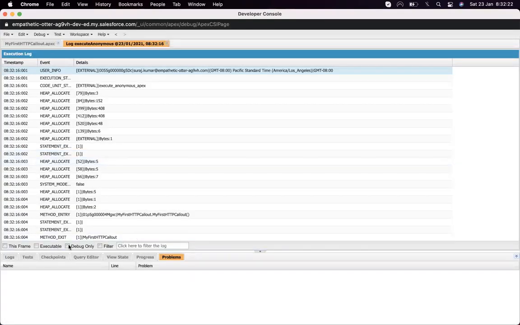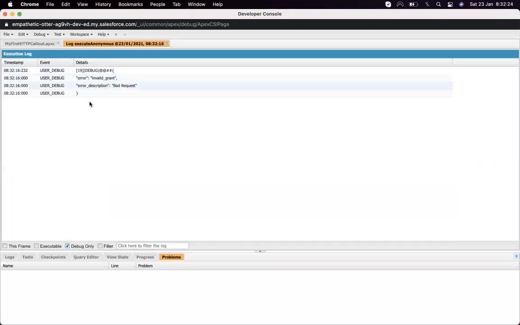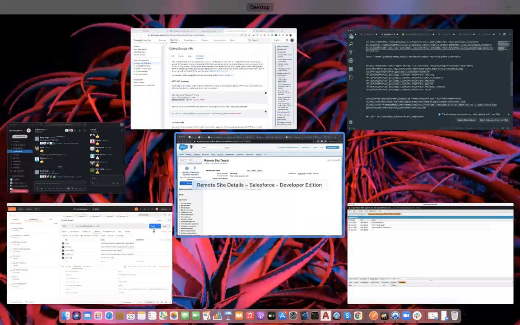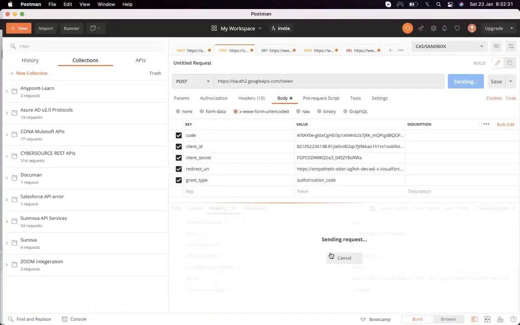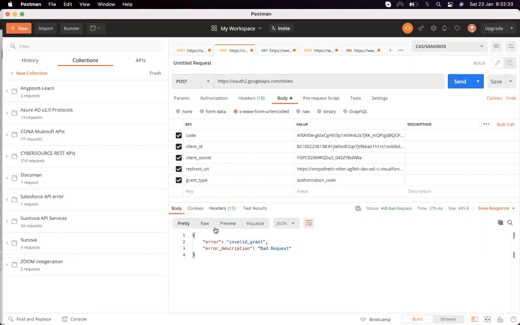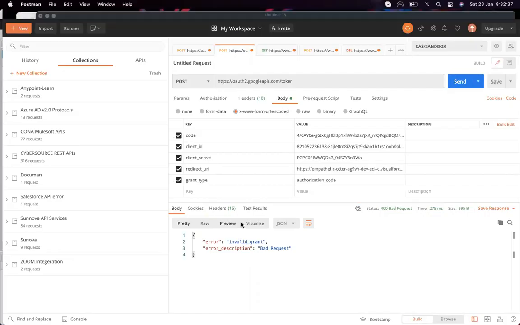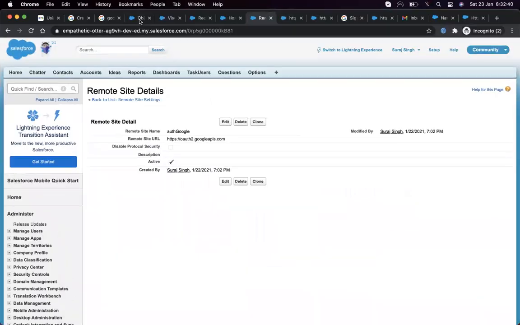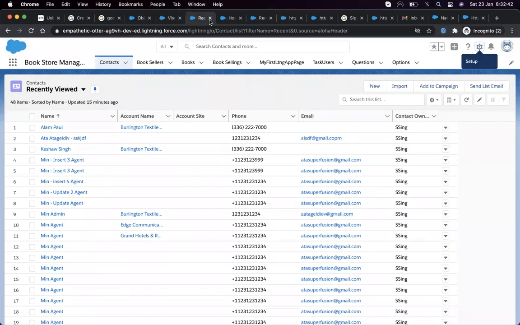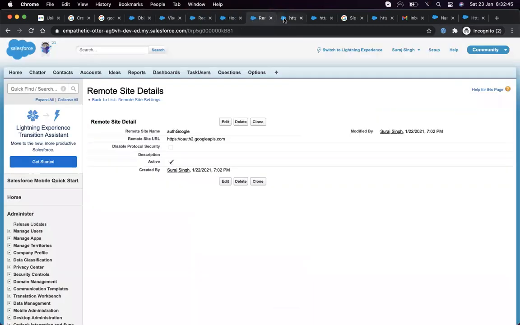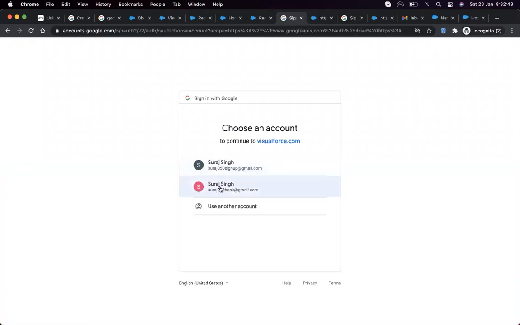When I click on debug, it's showing me invalid grant and bad request. The same thing I can also see up here if I click on send. It's only because the code is expired. So let's regenerate the code. Where is my page? Yeah, click on Google Auth. It's generated.